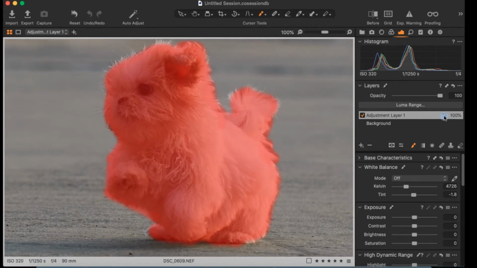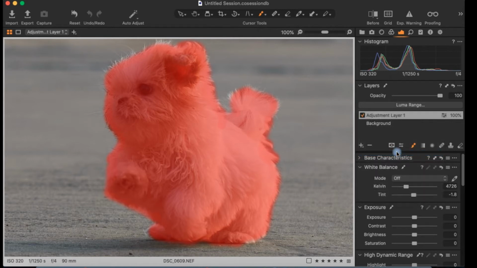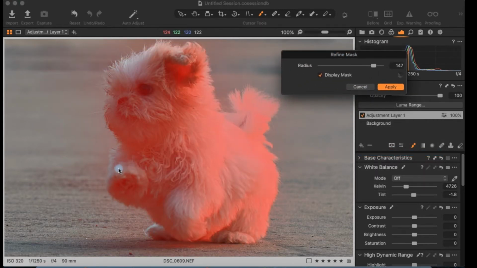Then I can again right click on this icon and use refine mask. What this is going to do is refine the mask over the edges. I can reduce the intensity if I want, until I see that I have the perfect selection of the feathers, the fur I want.